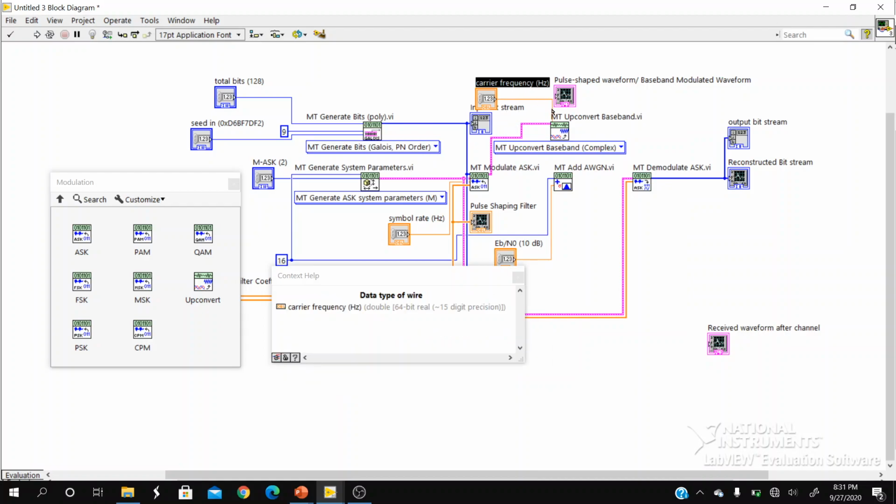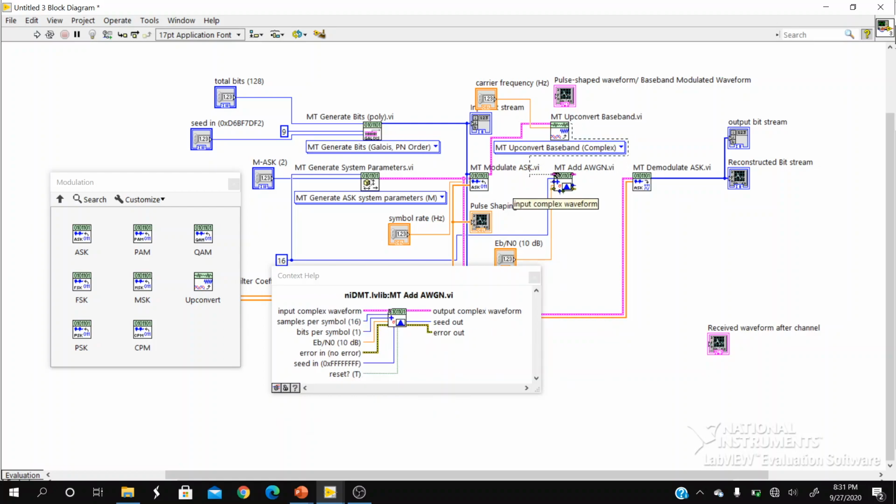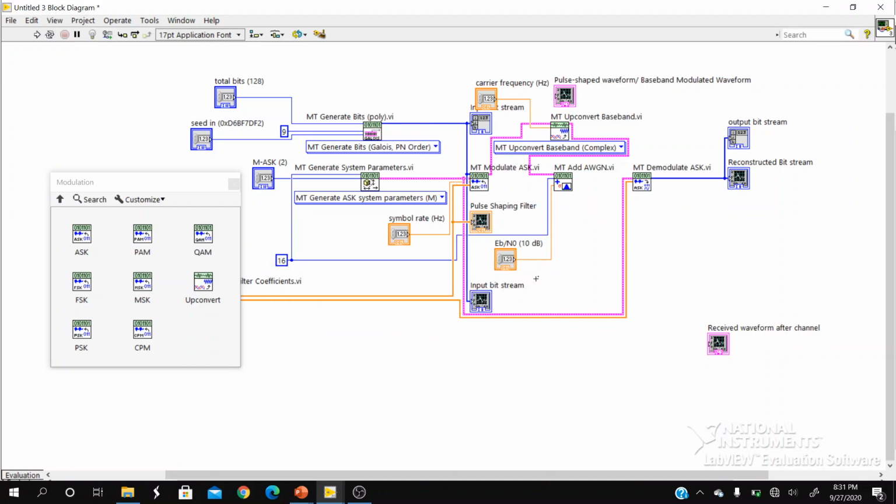I'm going to create a control here. So the connections for upconvert are over. Once I have upconverted and added the carrier information, this signal will go as an input to the channel, and after the channel I need to remove the carrier by making use of a process called down conversion. Now where to find the down conversion?